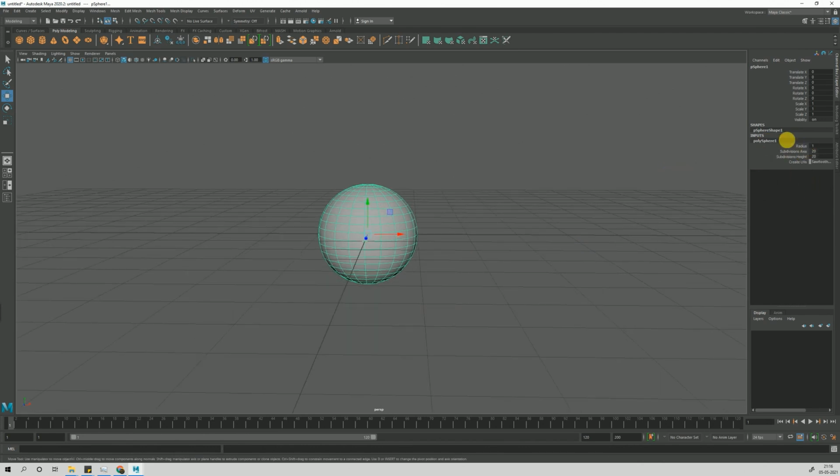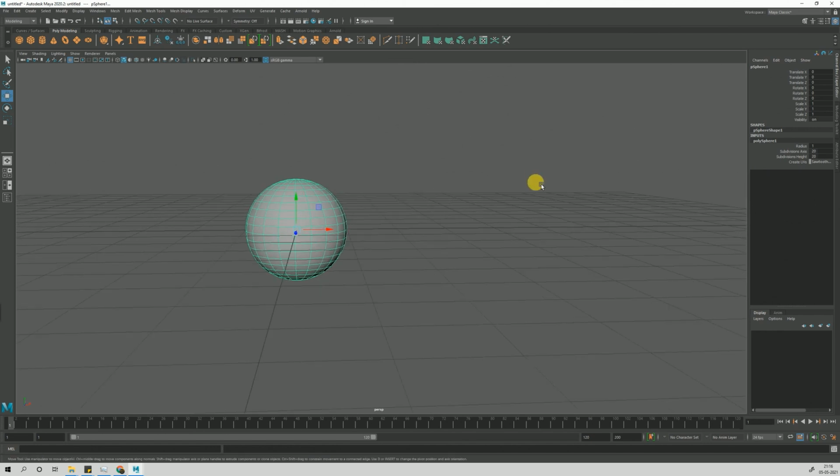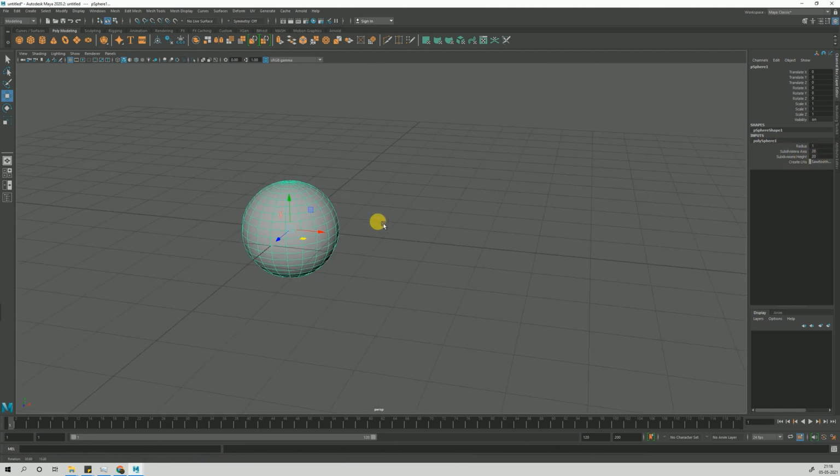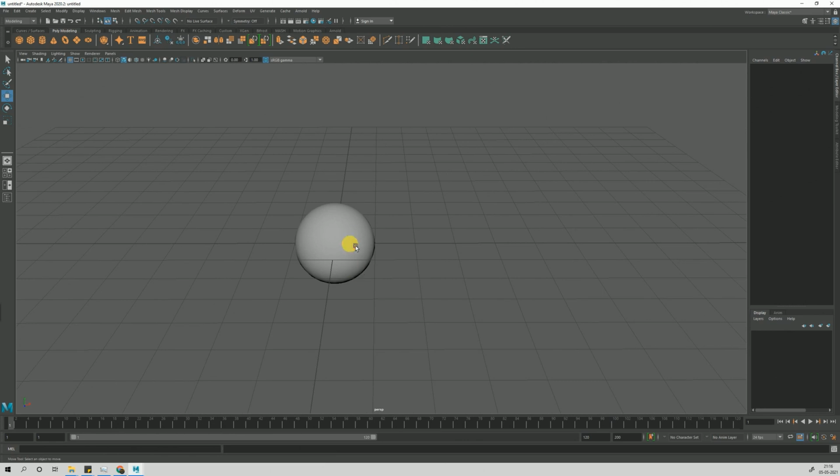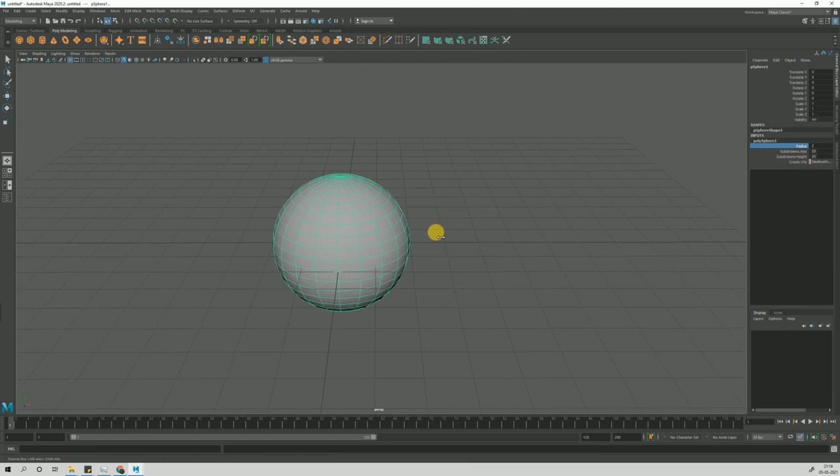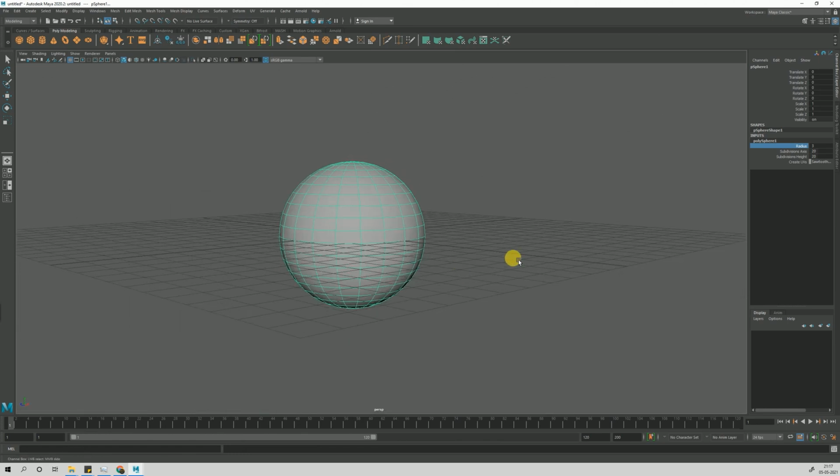Polysphere. Okay, so once you select it, you can see input polysphere 1. You have to click this and you see the options. So right now it looks like a sphere. Go here, you see radius. If you increase the radius, it gets larger. So how to increase the radius? How did I do that?